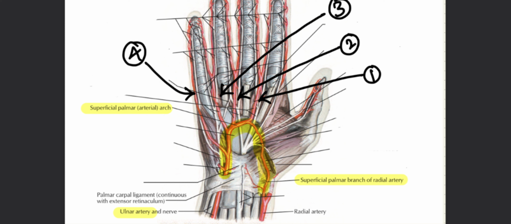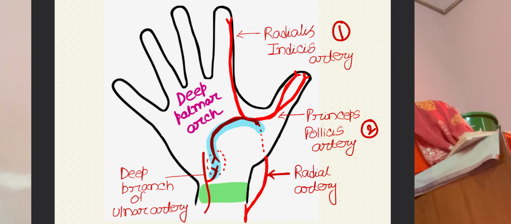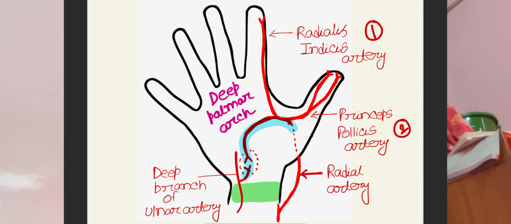Now let us go towards the deep palmar arch. As we have discussed the course of the radial artery, let us have a look at this deep palmar arch. We can see that the radial artery is not passing anywhere near the flexor retinaculum. Rather, it is going towards the dorsal aspect. The path of the radial artery on the dorsal aspect is shown in dotted form, and then it comes out between the two heads of the adductor pollicis muscle into the palmar aspect, and then it is forming an arch which is highlighted in blue color.